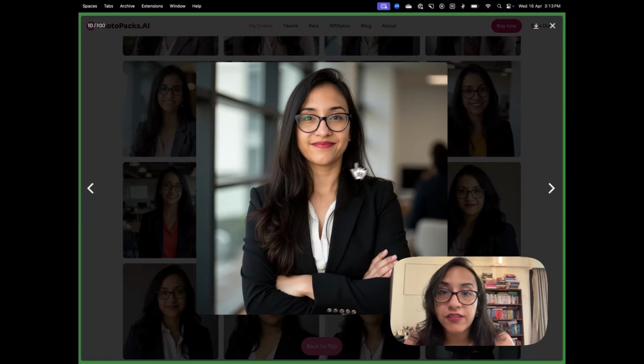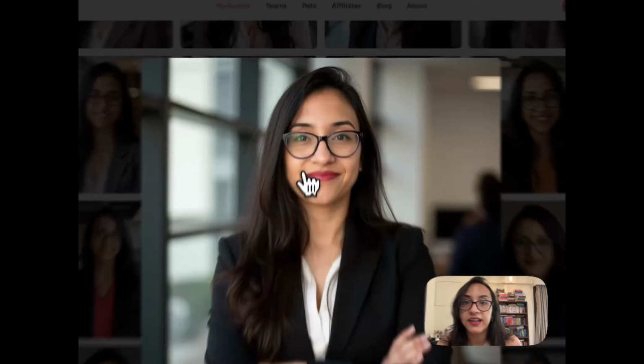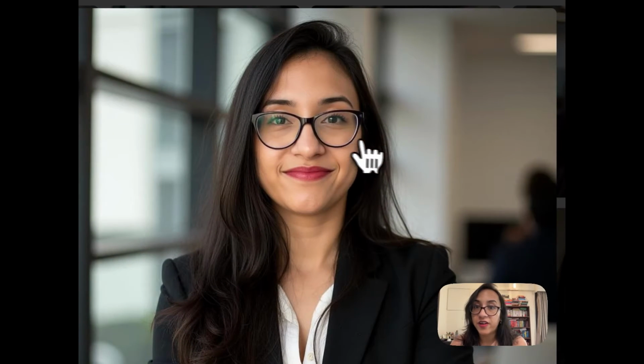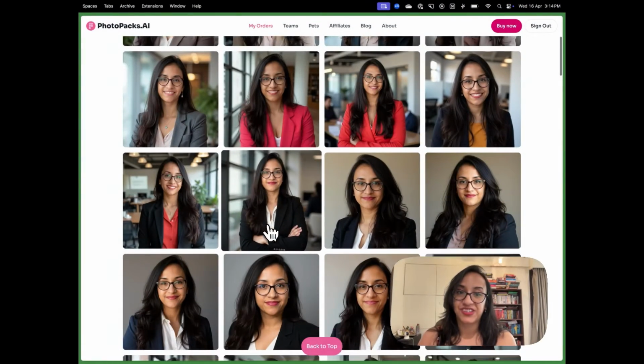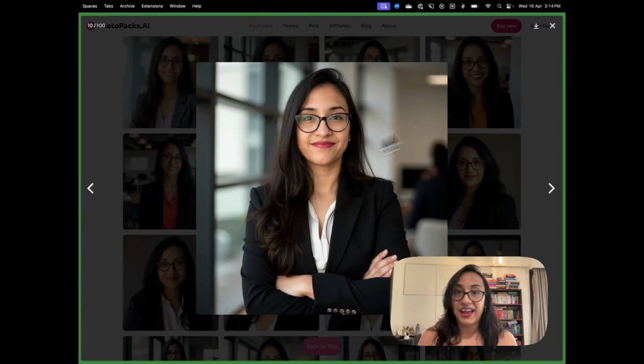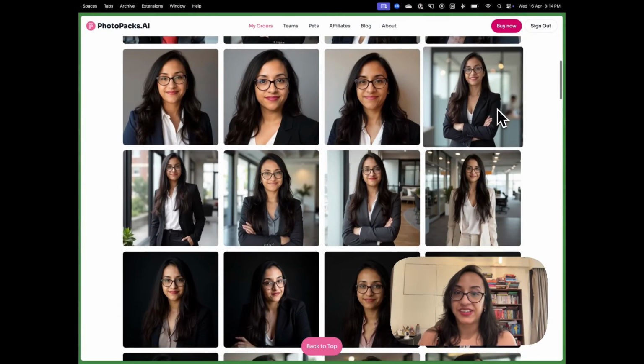And the best part is if you zoom in a little, you can see that there are some fine lines, some texture to the skin. I have noticed a few other AI headshot tools make your skin fully airbrushed. It looks very photoshopped, but here the hair has some frizz to it, the skin has some texture to it, there are some laugh lines, some wrinkles around my eyes, which makes it look so natural, and I'm really happy with this picture. I can easily use it on my LinkedIn and nobody would say this is AI generated.